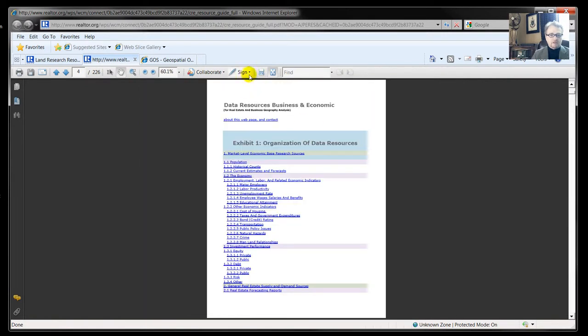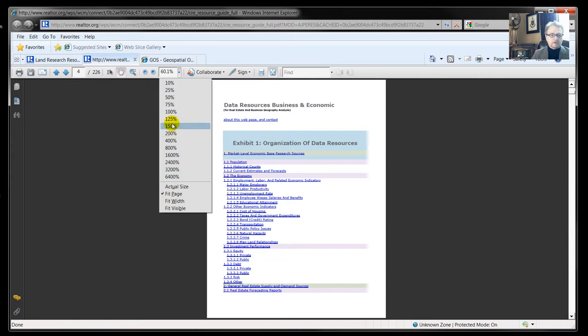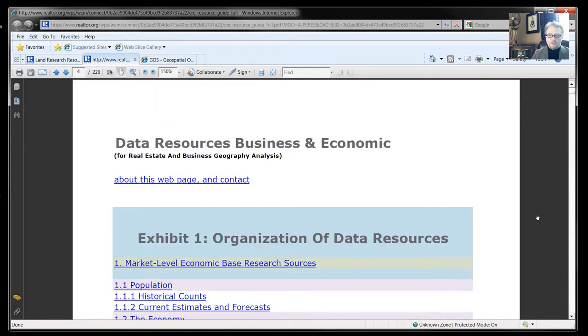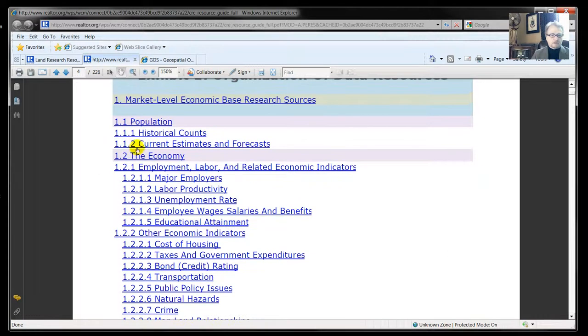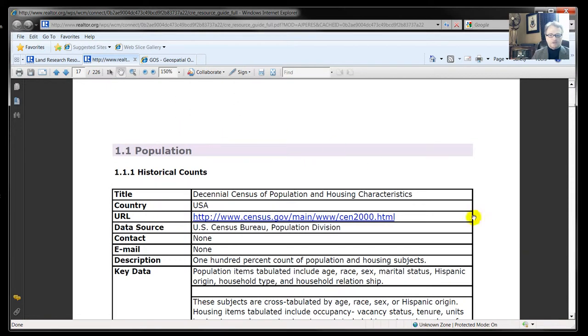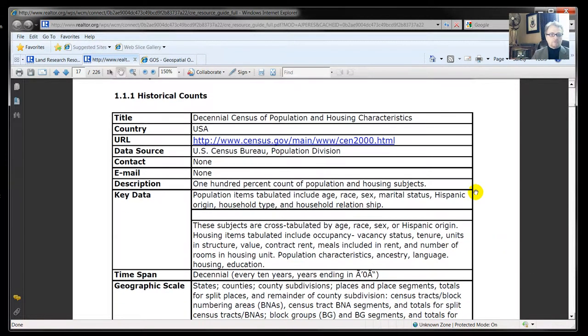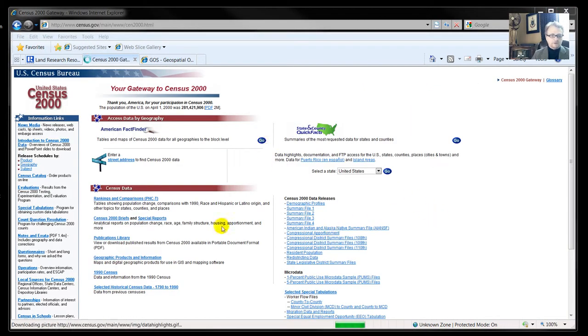For example, I'm going to zoom in on this. Say we are interested in population, historical counts, other economic indicators, cost of housing, and so forth. Let's say we're interested in historic counts of population. So I click on that and we jump to section 1.1.1, and this gives us the link to the decennial census of population and housing characteristics at the U.S. Census website. And we just jump there,